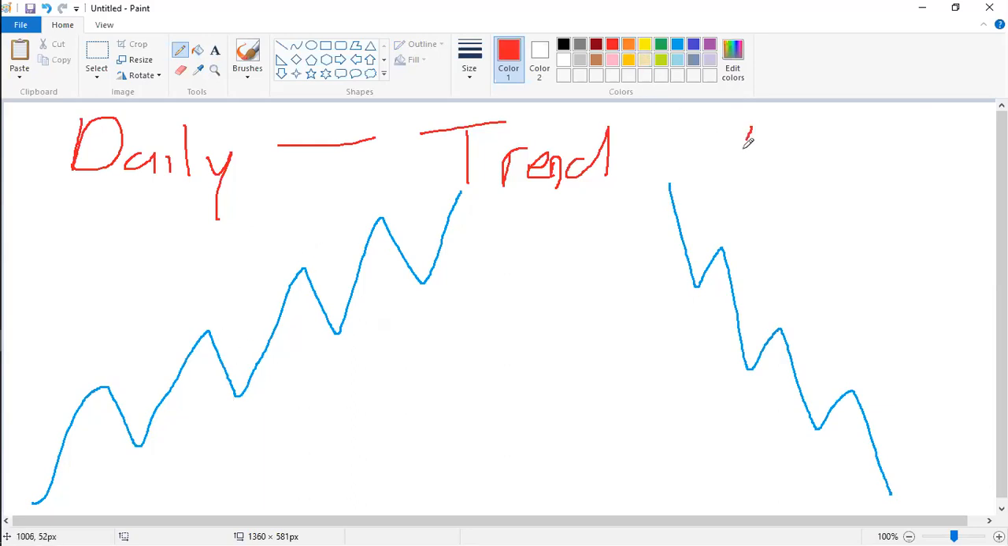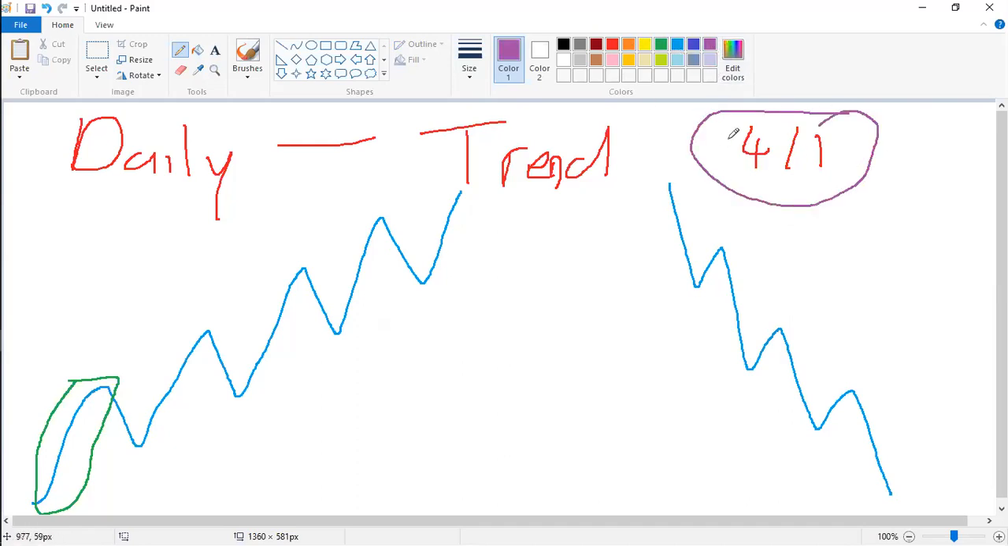Now you go to 4 hour and 1 hour, and you look for the higher lows. So if this is daily here, and you go to 4 hour, we use both. Remember, we use these two together. So if you go to 4 hour, 1 hour, you're going to see this higher low, higher low, higher low. So this is where you're going to buy. You buy on the 1 hour and 4 hour higher lows here. That's where we buy,